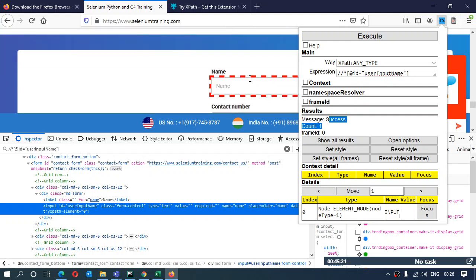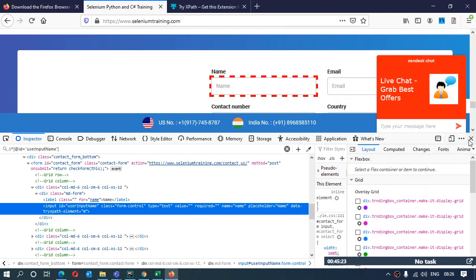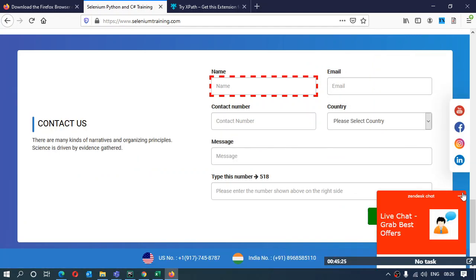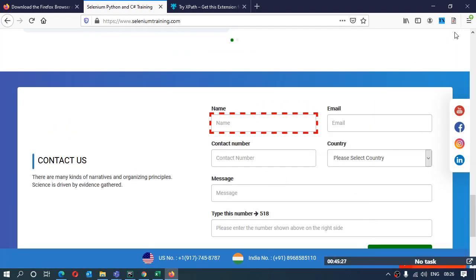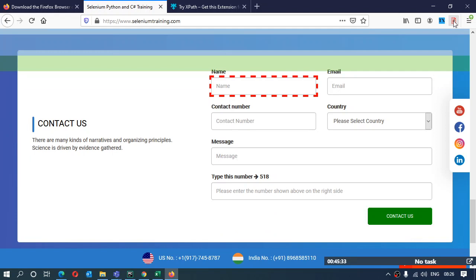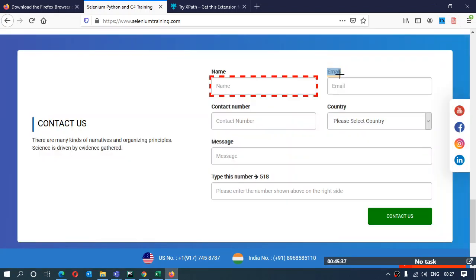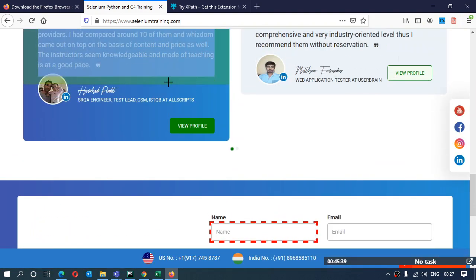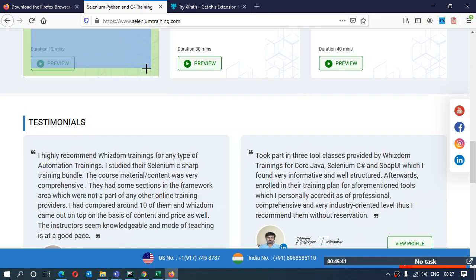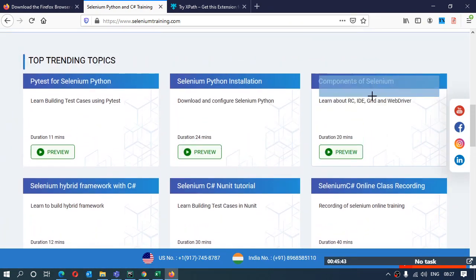Now talking about the other tool, which is my favorite because it's very easy to use. You just need to click here on XPath Finder. Wherever you hover your mouse over the screen, it gives the XPath of that element.